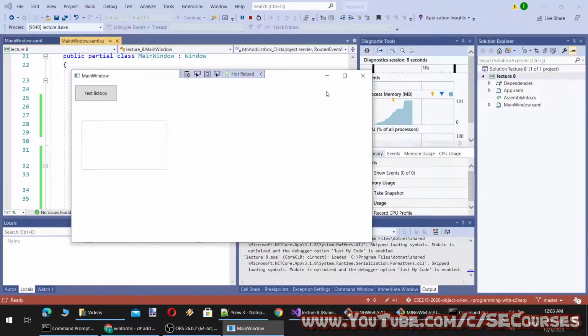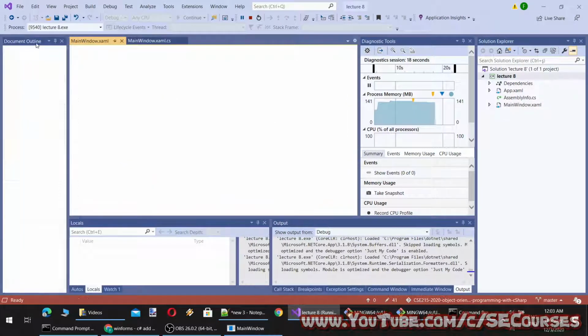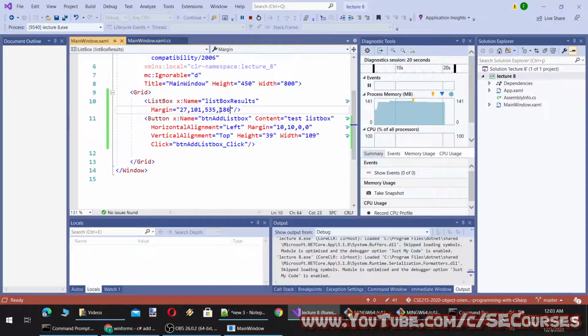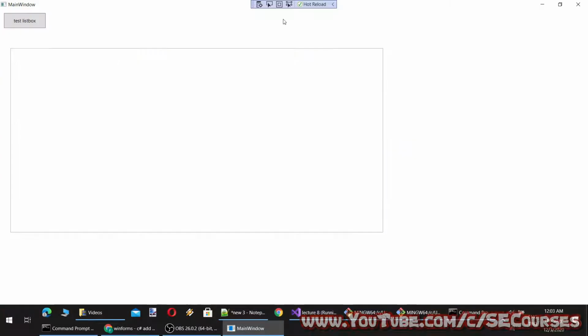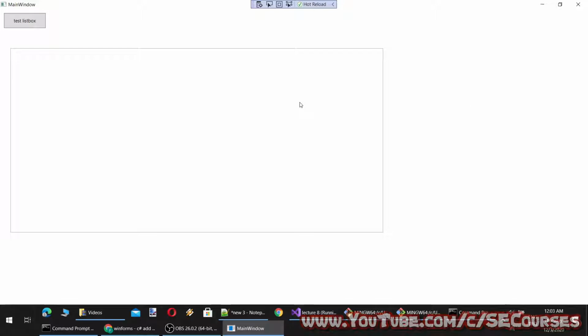You see, when I have resized my application, this is automatically resized as well, because we didn't specify a certain width or height. It is specified as margins currently. If you make the screen size bigger, the listbox also gets bigger.